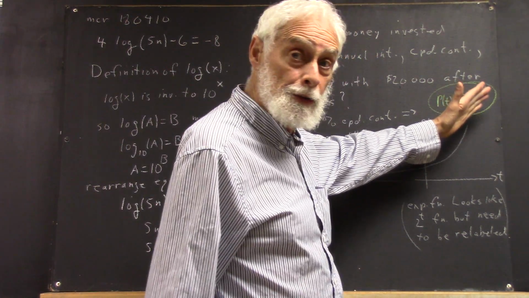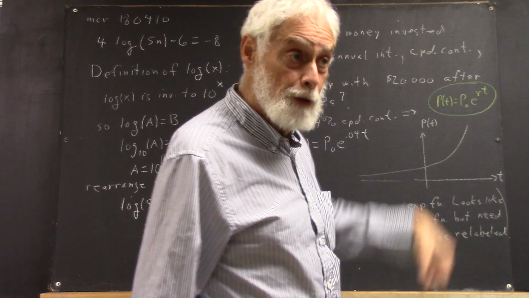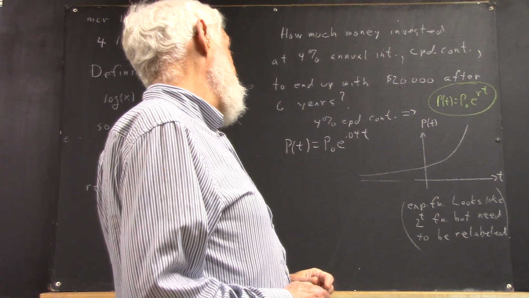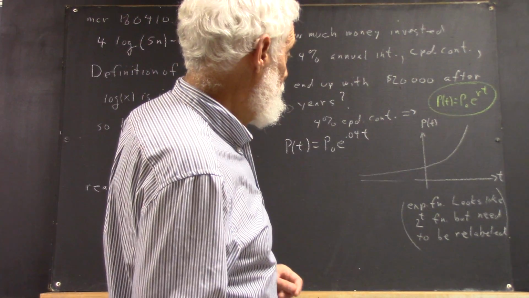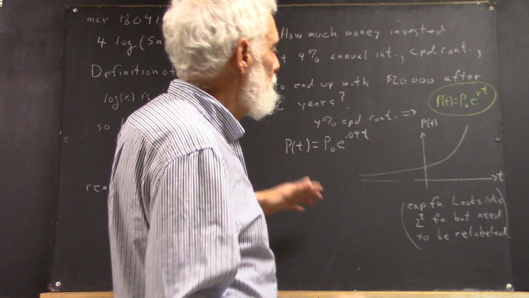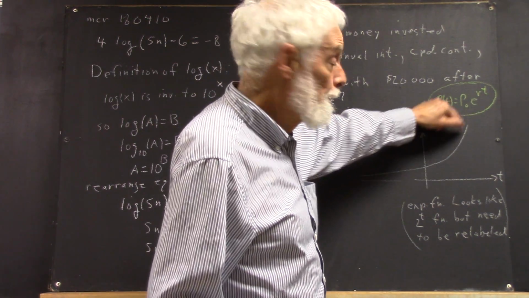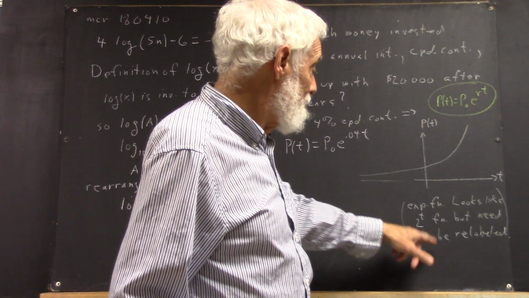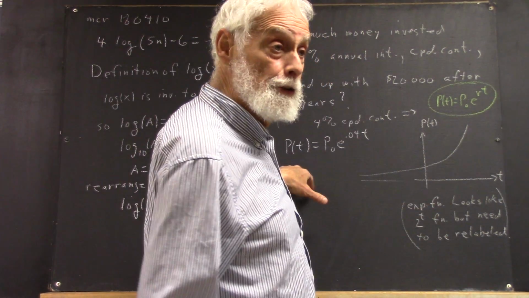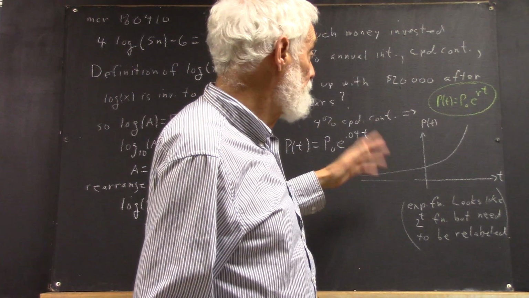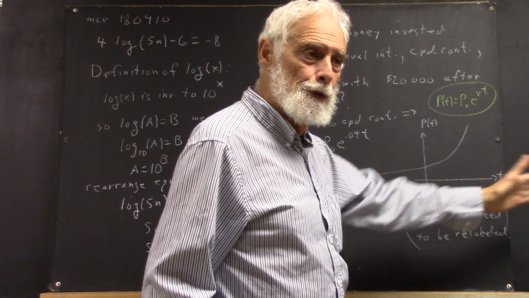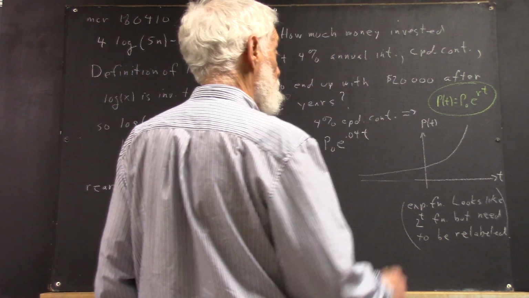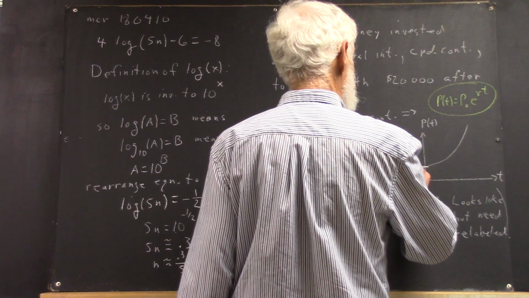But this is just a depiction of how your money grows. And what you're trying to find is, well, first of all, this is nothing but a 2 to the t graph, but it needs to be relabeled for the given situation. In other words, your t is going to be labeled with different units, and this is going to be relabeled with different units. But one thing we know is that P naught is going to be this,